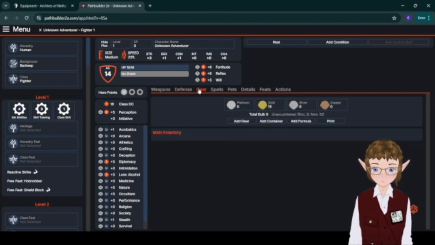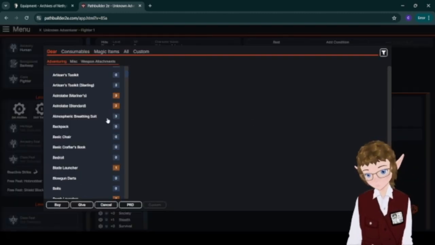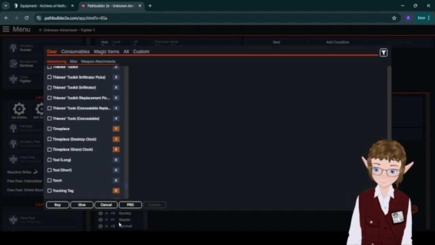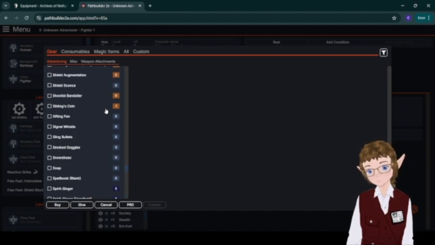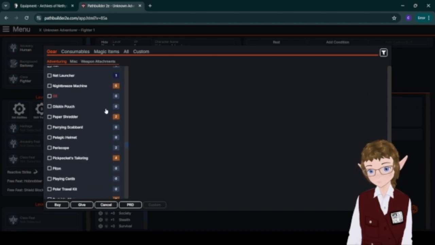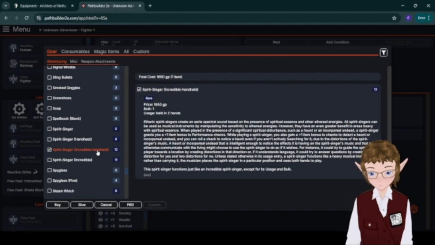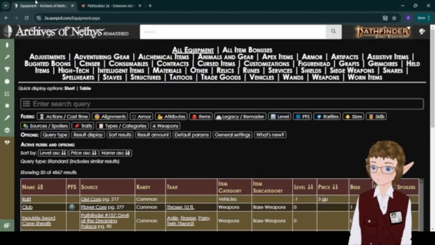And finally, gear: you can add whatever items your character has. These will be displayed on the generated PDF character sheet, and it's mostly mundane items that are shown here. However, a couple of them, namely the high-level rare ones, like this level 12 one here, are magical items. So now I'm going to talk a little bit about how you go through and select each of these categories,